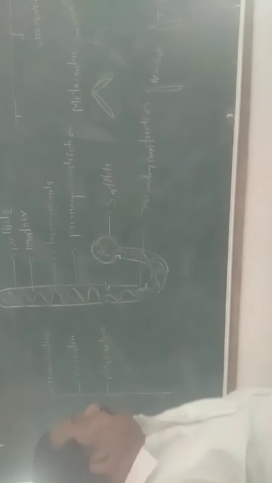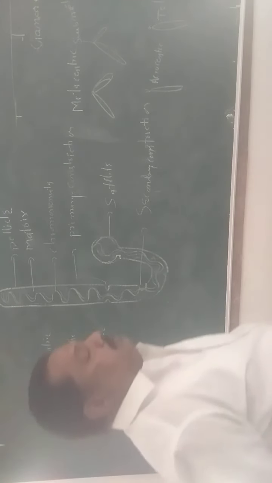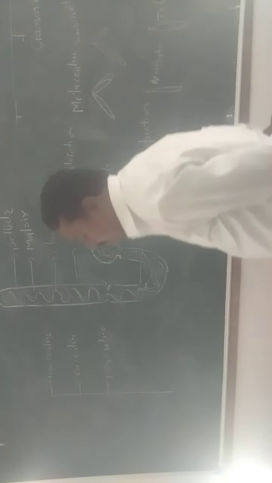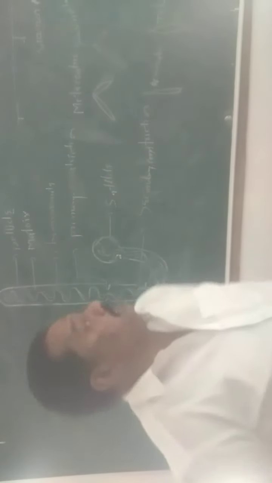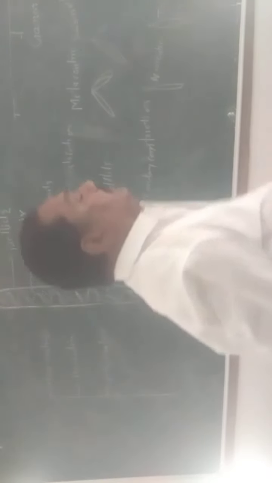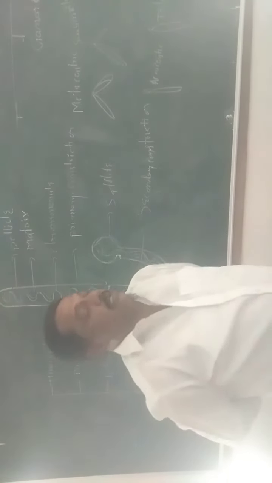What I am drawing is called a typical chromosome. A typical chromosome contains the following parts: pellicle, matrix, chromonemata, primary constriction, secondary constriction, satellites, and telomere. First is the pellicle. The pellicle is the outer covering of the chromosome, and it is non-genetic material. The outer border enclosing the chromosome is called the pellicle. It is made of non-genetic material.